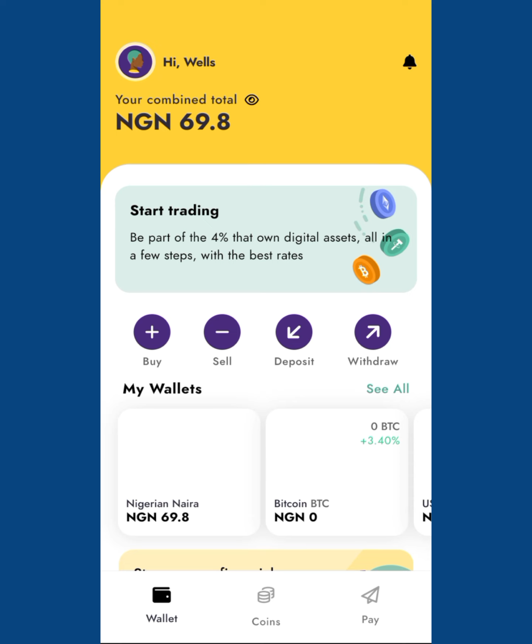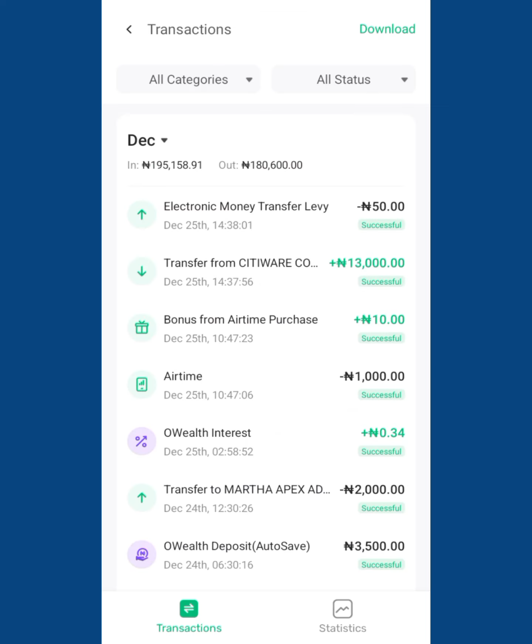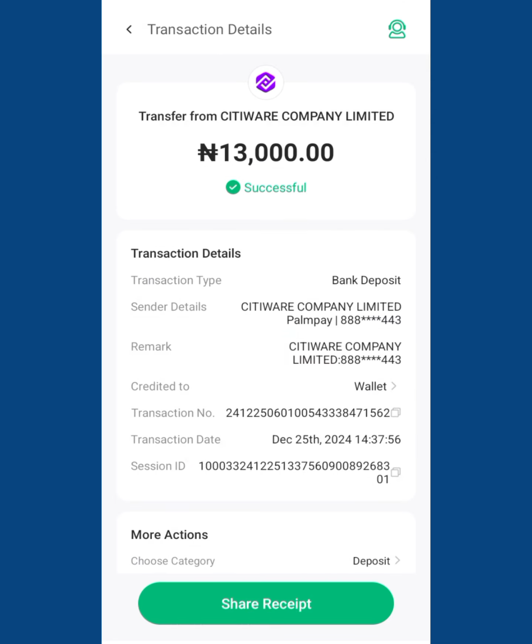All right, so I'm just going to head over to my OPay app to confirm. All right, so my transaction has arrived. If you look at the time it arrived, it didn't even take up to 10 minutes. I'm sure it didn't take up to 10 minutes. So here is my, I'm just going to click on this for the receipt. So you see,